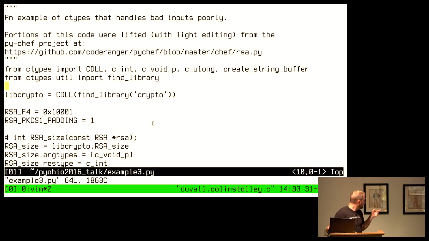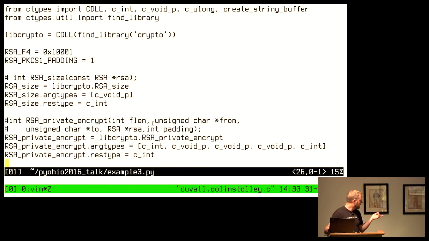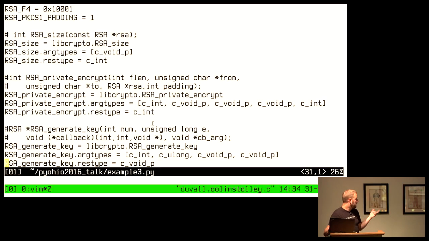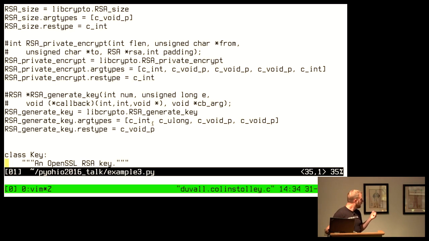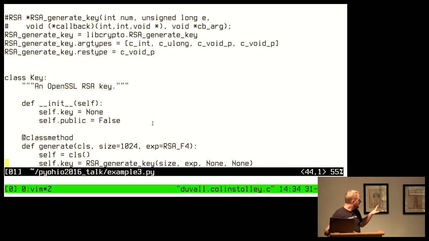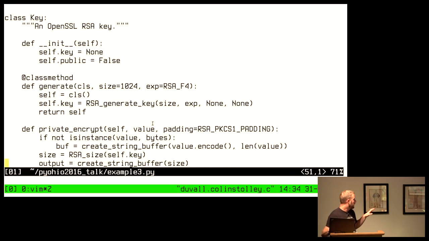Cool. So this is your typical kind of CTypes thing. The idea here is we're just exposing some C functions in libcrypto to Python. CTypes gives you the ability to wrap these things in Python objects and then call them. It's actually quite powerful. So we're setting up RSA size, private encrypt, generate key. There's probably a dozen other ones that I just snipped out for purposes of this demo. But the really salient point is we're just wrapping some C functions with Python so that we